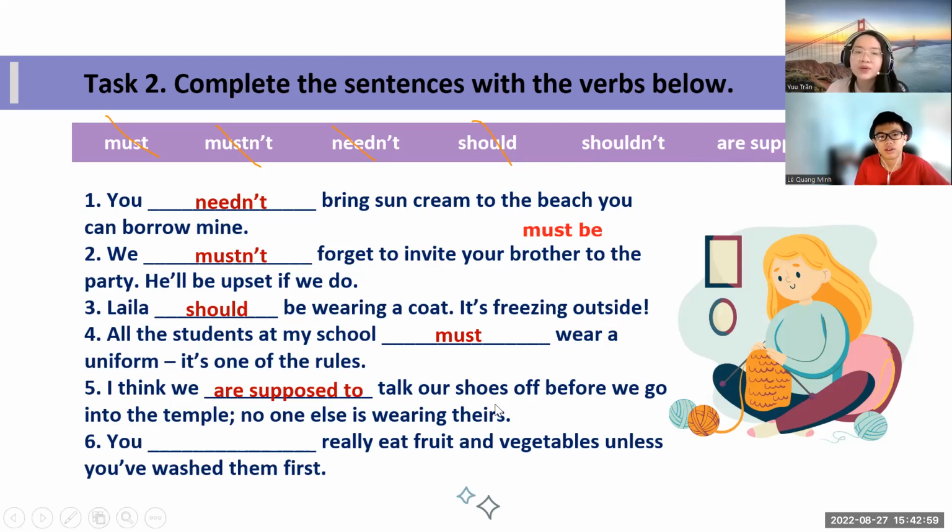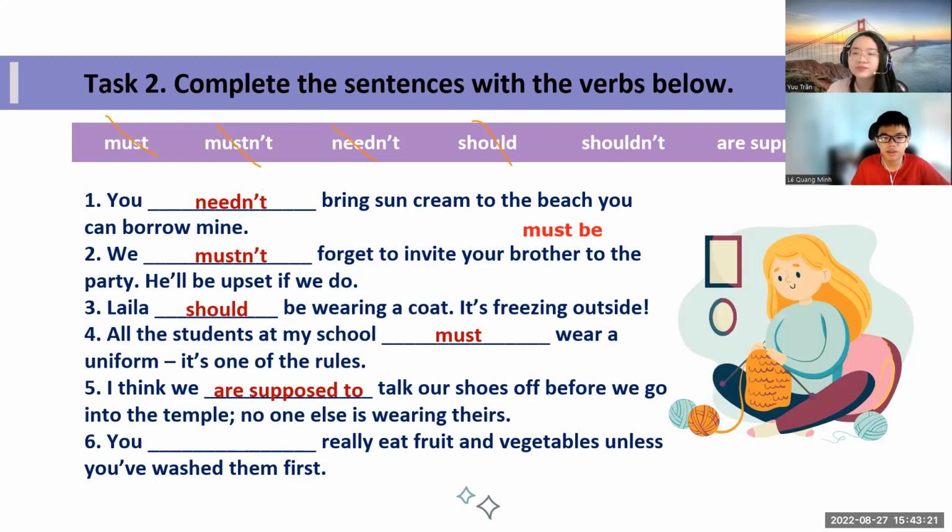I think we are supposed to take our shoes off before we go into the temple. No one else is wearing theirs. Here it gives you a hint that this person sees everyone around with no one wearing shoes. So people believe this is the right thing to do, right? Okay,